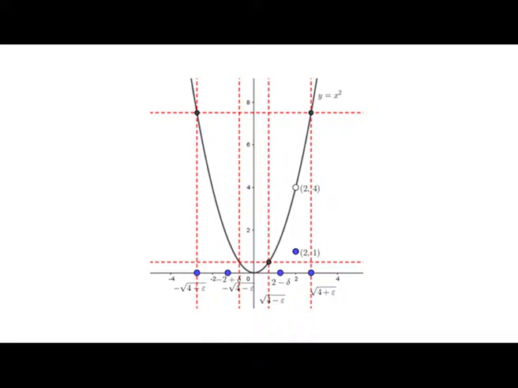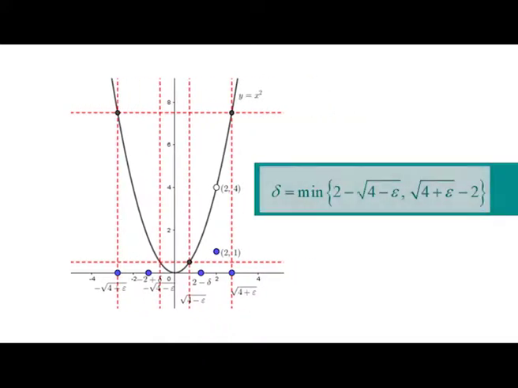That is, the inequality |f(x) − 4| < ε holds for all x ≠ 2 in the open interval (√(4 − ε), √(4 + ε)). Step 2. We find a value of δ > 0 that places the centered interval (2 − δ, 2 + δ) inside the interval (√(4 − ε), √(4 + ε)). Take δ to be the distance from c = 2 to the nearer endpoint of the open interval (√(4 − ε), √(4 + ε)).